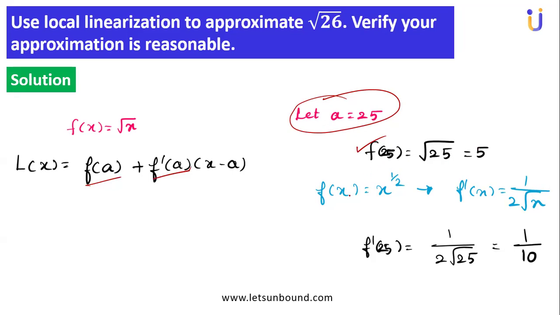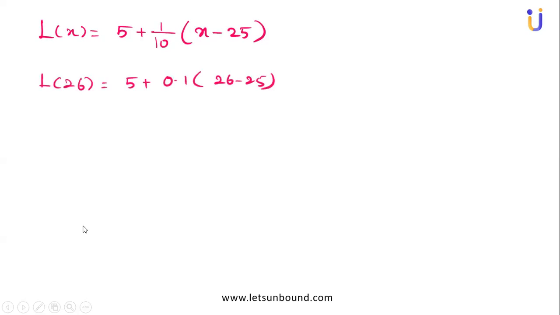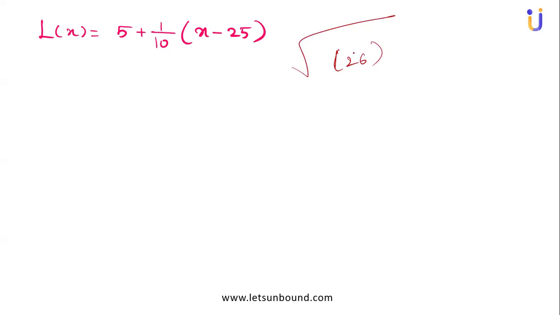So f of a is 5, f of 25, which is 5. And f of x is x power half. F dash of x is 1 by 2 root x. Find f dash of a and plug in over here, right? This is what you will get when you plug in. We are finding the linear approximation at 26, square root of 26. So now you can replace your x with 26. And that will give you